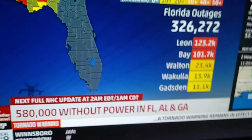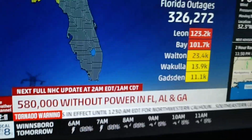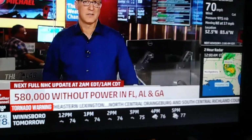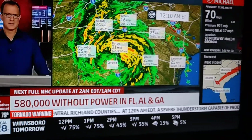Some of the wind right now, we are still seeing some stronger wind into parts of central Georgia. Winds gusting to nearly 50 miles per hour right now. Not very far away in Macon, 46 miles per hour. 31 miles per hour is the most recent gust there in Atlanta, and we're gusting to 29 miles per hour